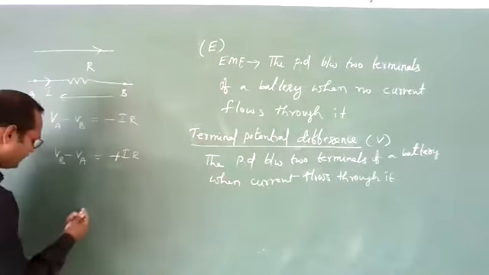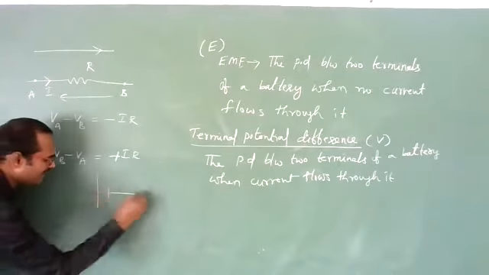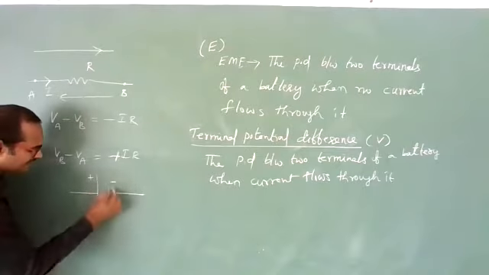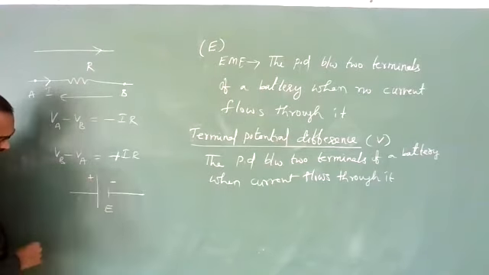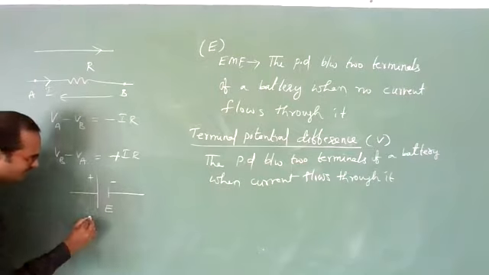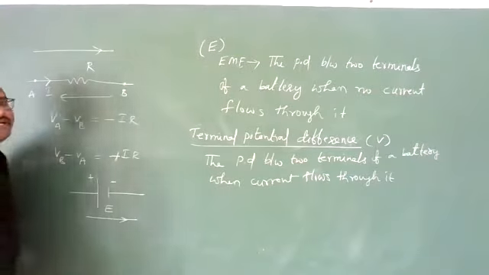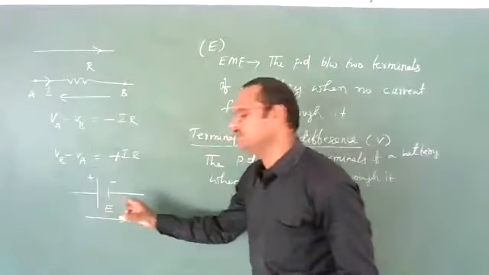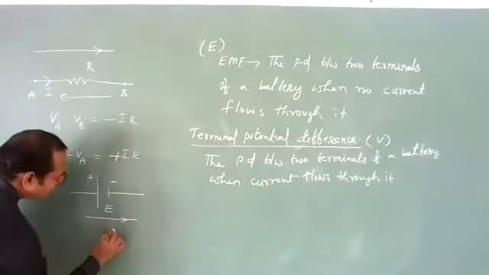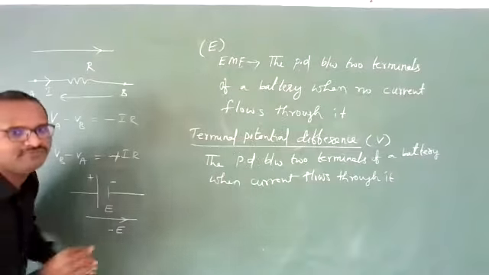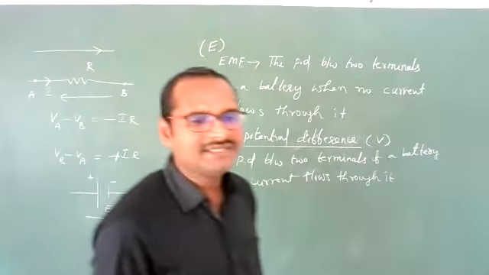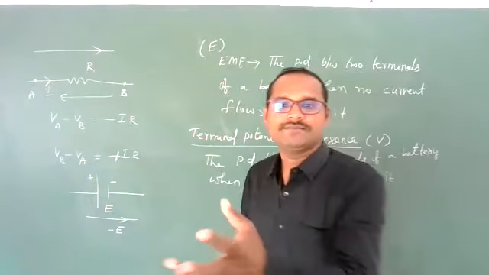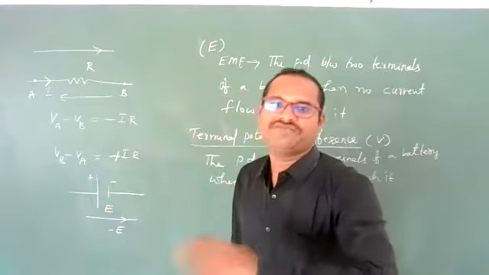Next, second point. Students, let us suppose here we are having a battery, plus minus. Let us suppose this battery EMF or voltage is E. And let us suppose we have to move from positive terminal to negative terminal. Like this we should move. Then always you should write minus E, voltage drop or EMF drop will be there. Remember this point. In the direction from positive to negative across the battery, EMF drop, energy drop will be there.